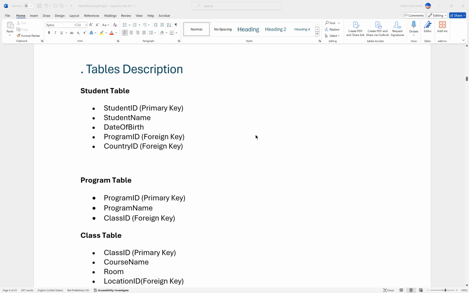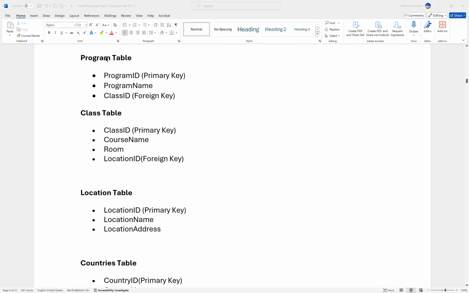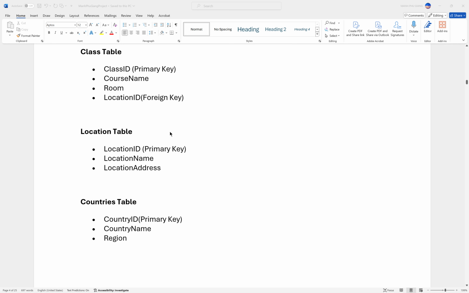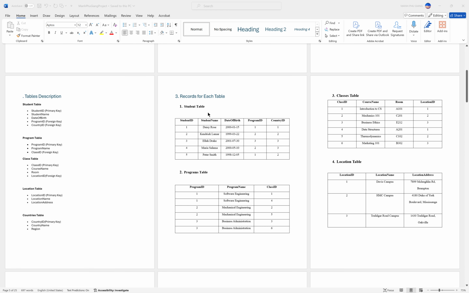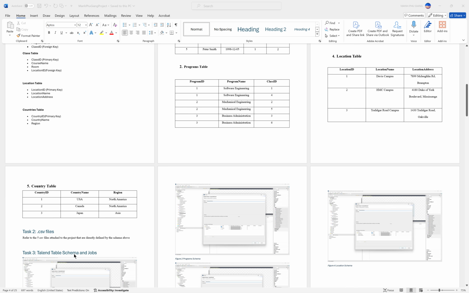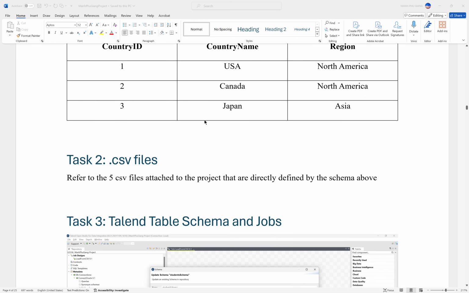Next up is the table description. Here I have a student table with 5 properties, program table with 3, the class table with 4, location table with 3, and the country table with 3. I want to go next to the records for each table. I have created 5 sample records to demonstrate how the application works. So here are all the 5, and I want to talk about the CSV files. All of these tables, I will save as CSV files and attach to the project